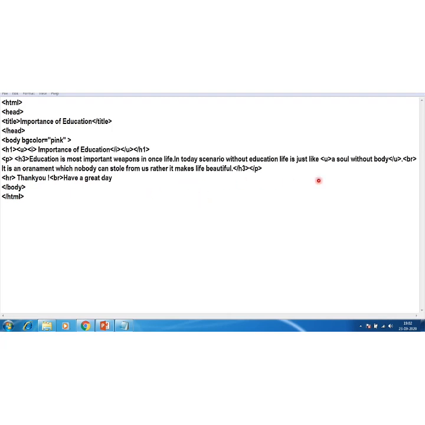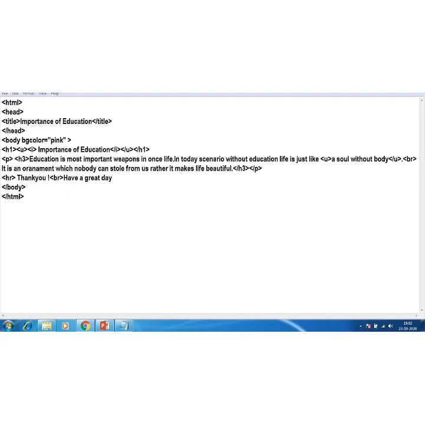After that, the BR tag I have used so that this line can come below, and HR is used for putting a horizontal line. The body is closed, HTML is closed, and what will be the value of BG color? Pink. So my web page will be pink in color.